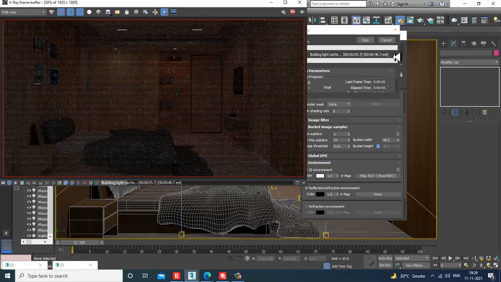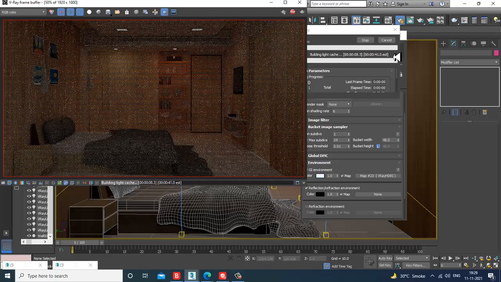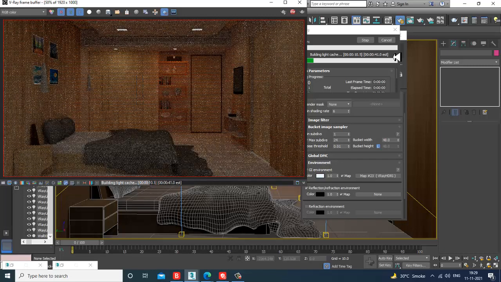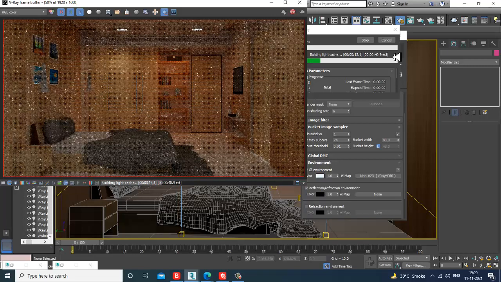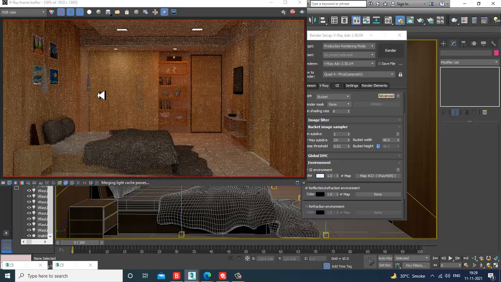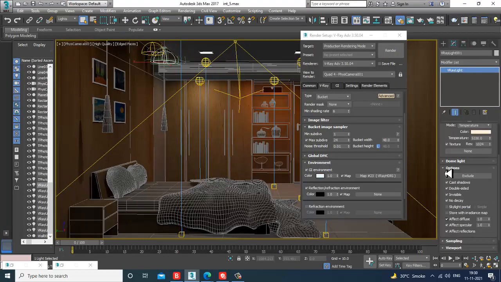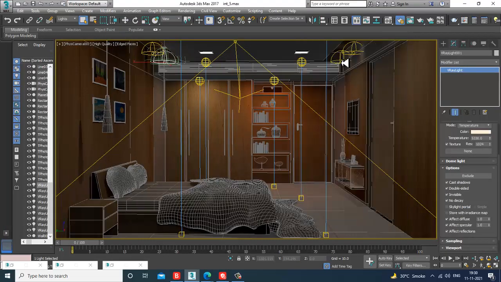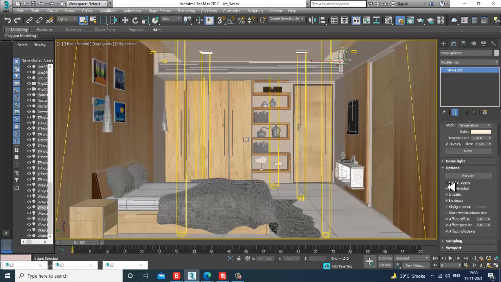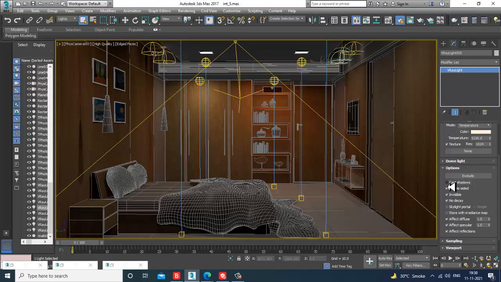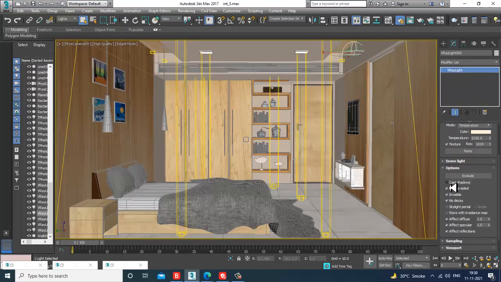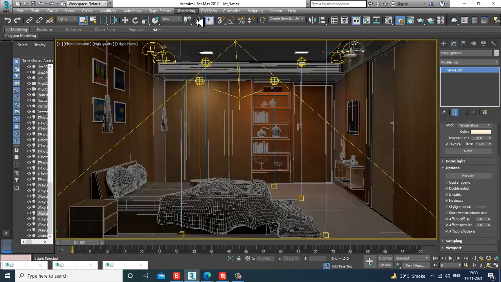And activate the reflections also. So select this light, go into this. Okay, I have activated the cast shadow. Let's see how it looks if you turn it off. Let's render this.